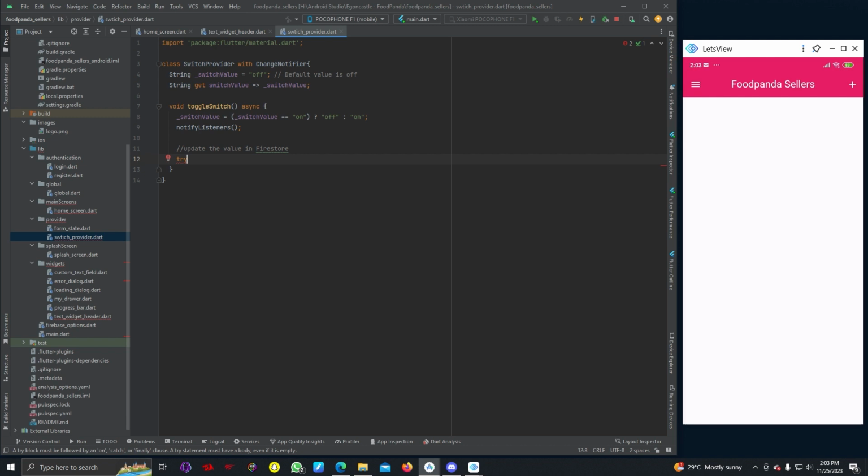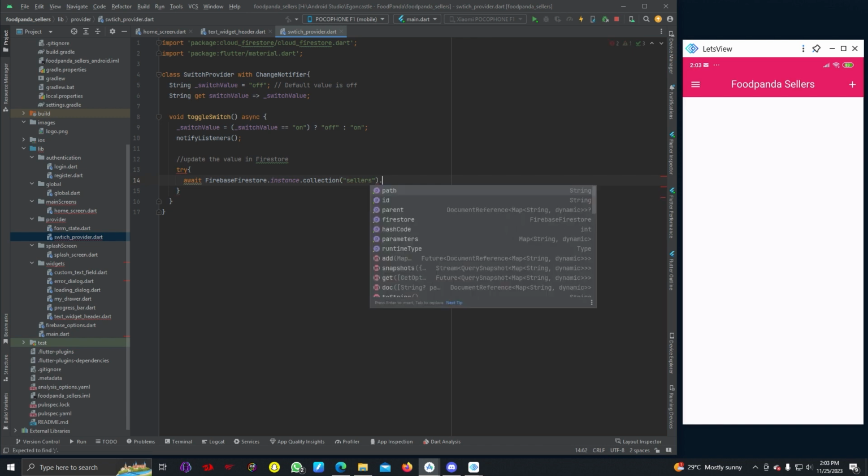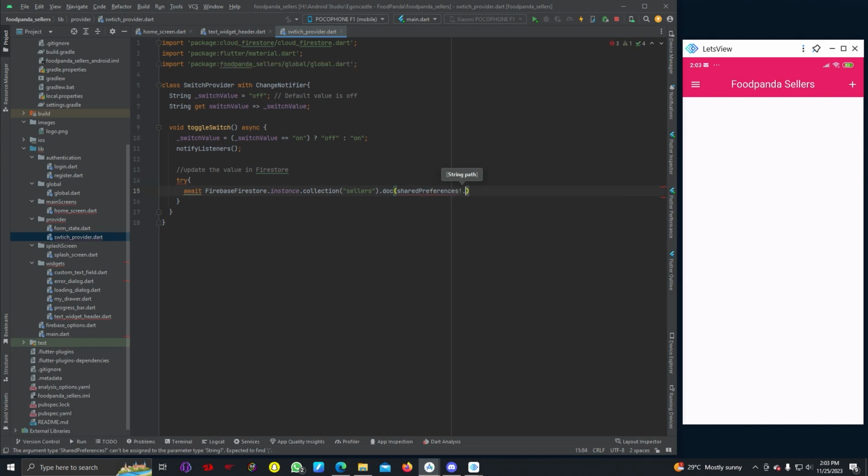So try await Firebase firestore.instance.collection sellers dot doc shared preferences dot get string uid dot update restaurant underscore status to switch value,